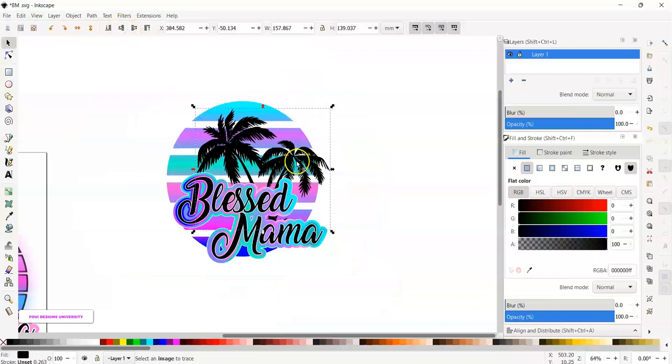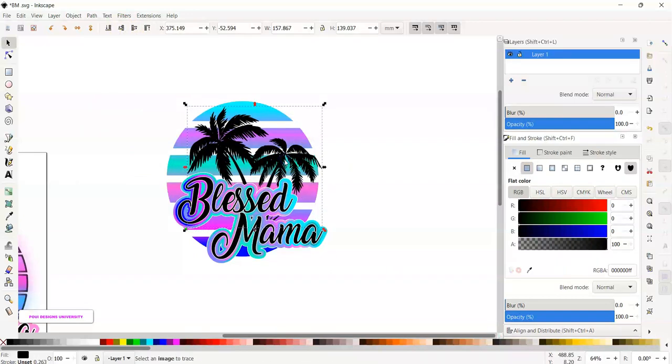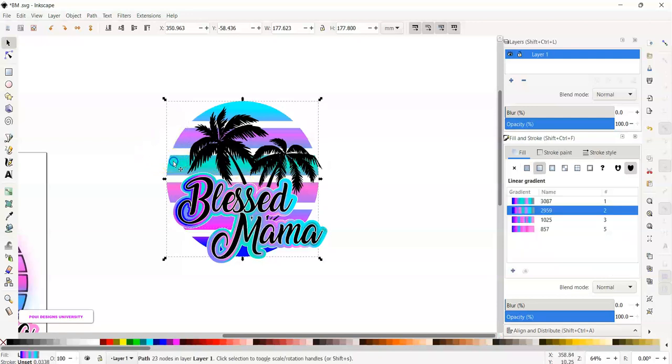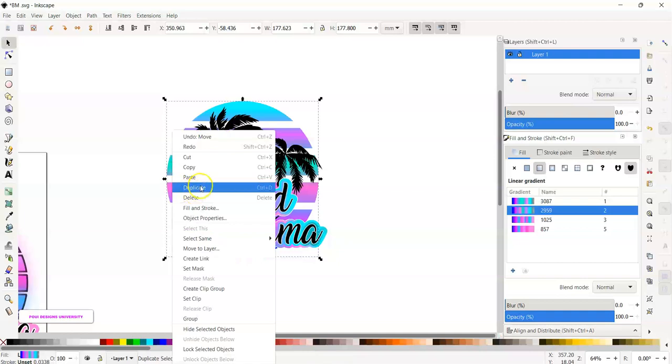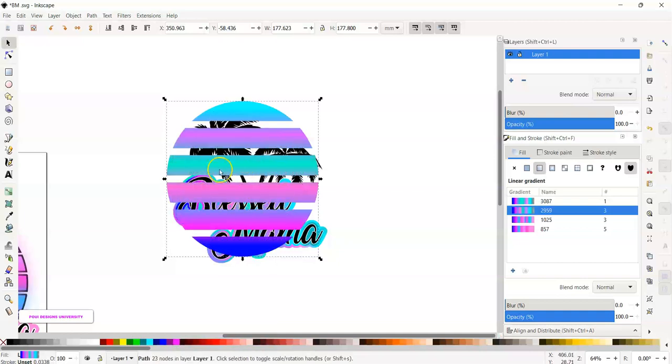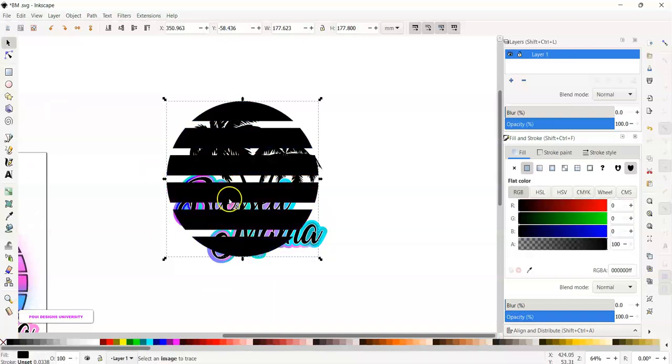Okay. You can put it like this. Okay. We're going to do 2 more things and then we are done. You see this right here? You duplicate it, Control D, duplicate. It's in the front, right? And then you make it black. And after you make it black, you just do